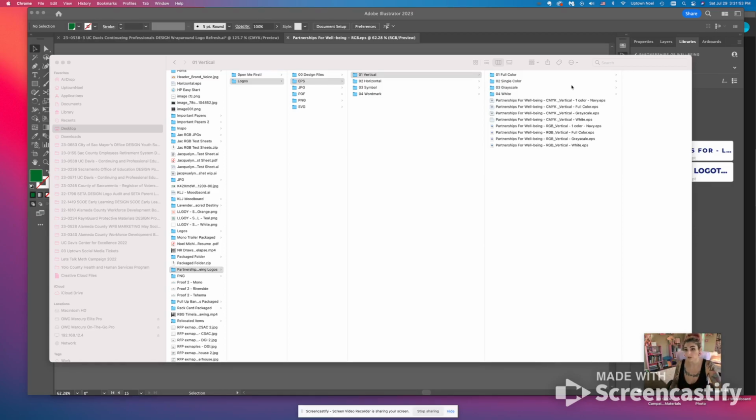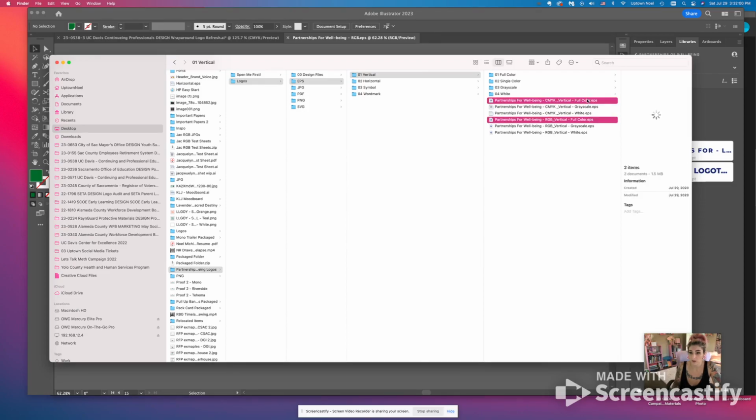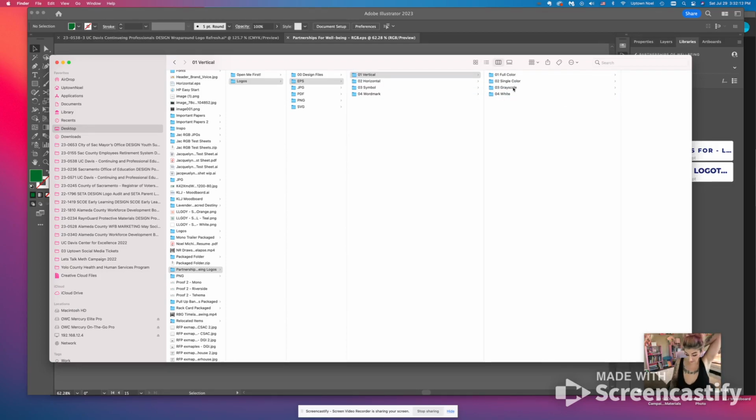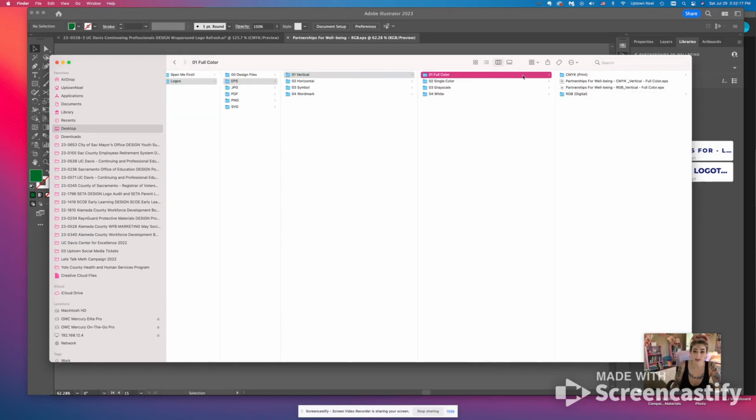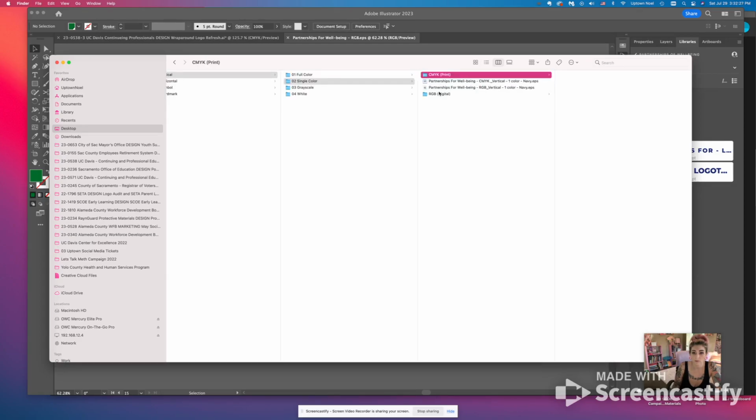But then if somebody only opens RGB as a designer, they don't have the white in the full artboards. So I've found personally that it is easiest for me just to come in here, get my 2 1 colors, get my 2 full colors. There should only be 1 grayscale and 1 white. So we can actually just delete 2 of these. I always keep CMYK because you actually need a CMYK for grayscale, but it doesn't technically matter because it's grayscale. Then I would go in and start sorting the actual